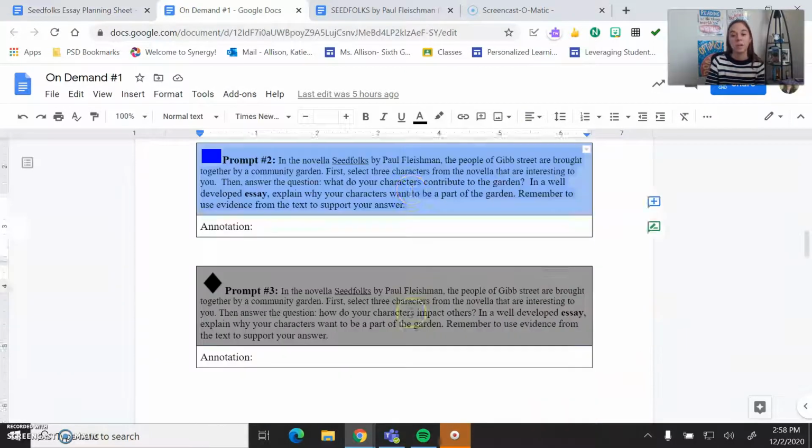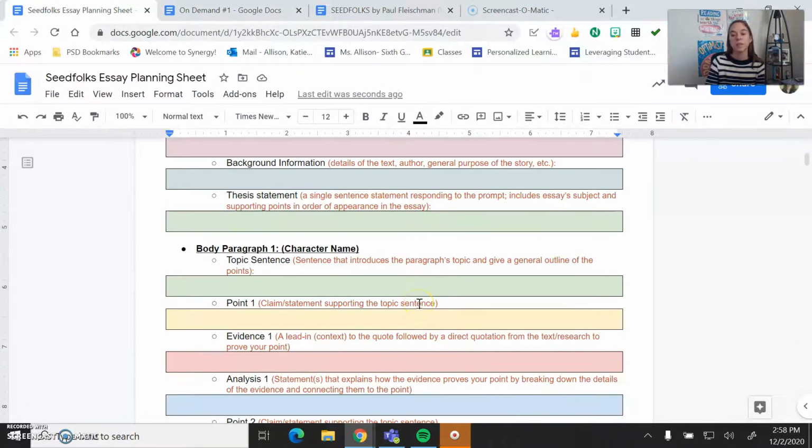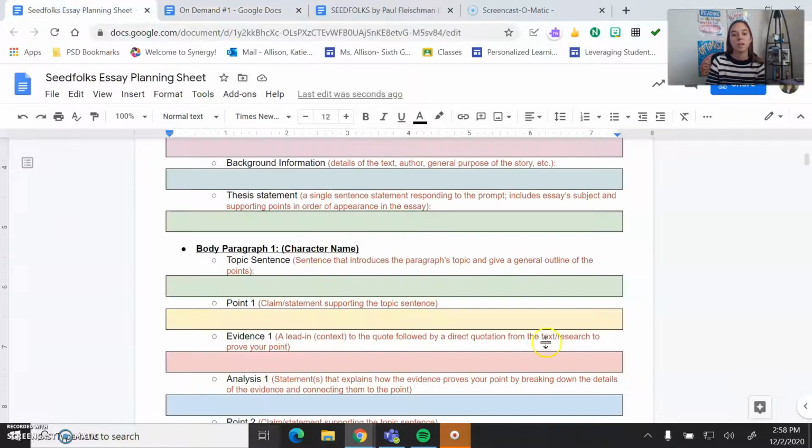Now, on your on-demand, many of you have started your writing down here. Like you can see somewhat, we were workshopping in class together. Looks great. This is where we're going to make sure that all of the pieces are accounted for. So it's going to take a little bit of copy and paste shifting work, but this is going to be really important that we go in here and make sure, okay, here is what I have or here's what I don't have, and we can fill in the blanks. I noticed that some of you guys were missing some pieces and I don't think even realized it, which is fine. So this will help us catch all, okay?